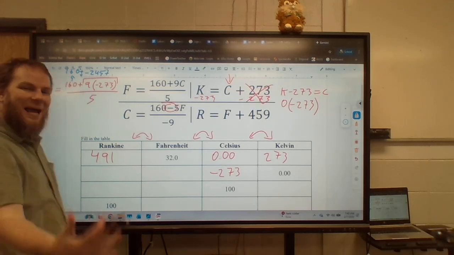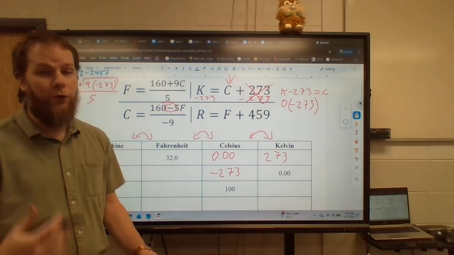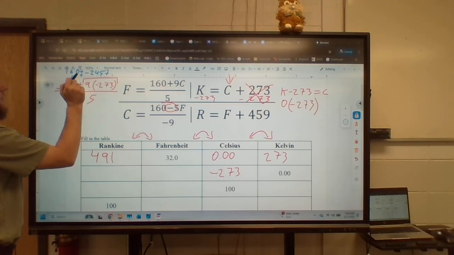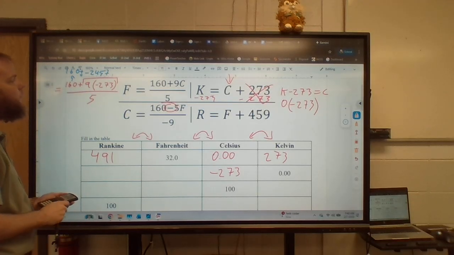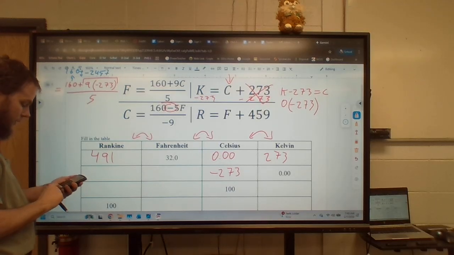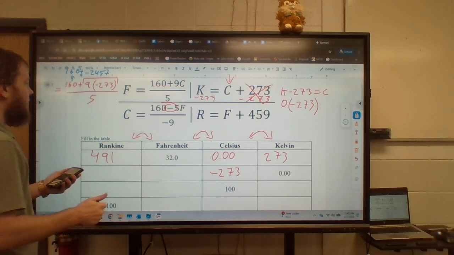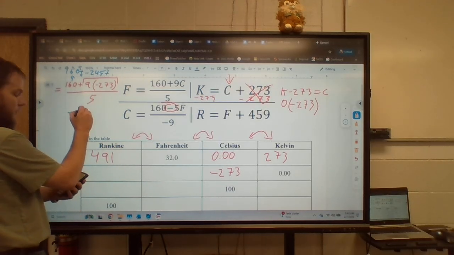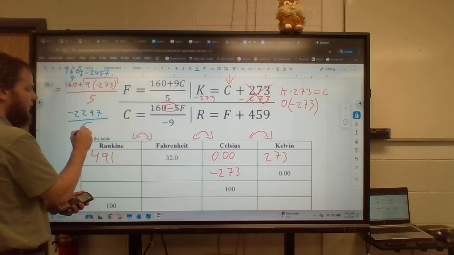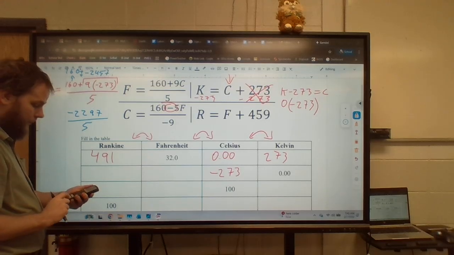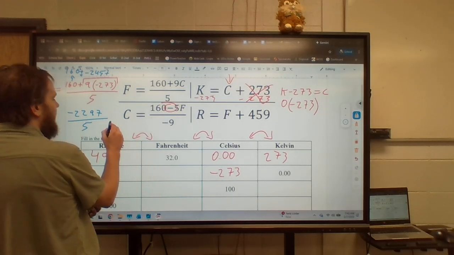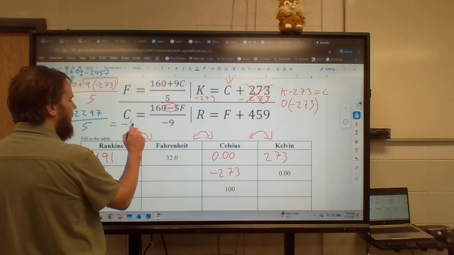Well, when you add a negative, you can just subtract. So 160 minus 2,457. And that is going to give us negative 2,297 divided by 5, which gives us a final answer of negative